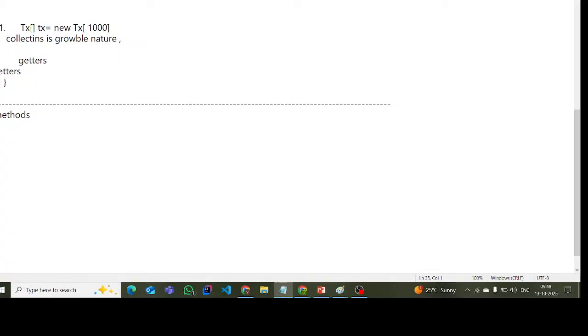It may be first transaction object or second transaction object, that means we are adding. Let me speak again. In the collection we are adding all objects. It may be first transaction object or second transaction objects. We are grouping and sending them from one layer to another layer. So in this method we have to add those objects, right? For that purpose, in this method